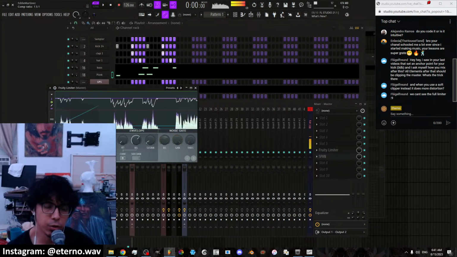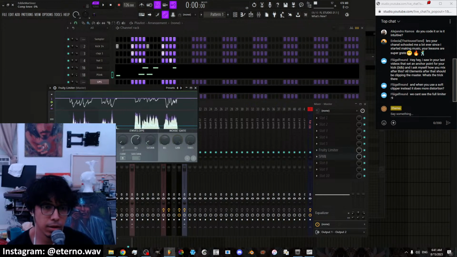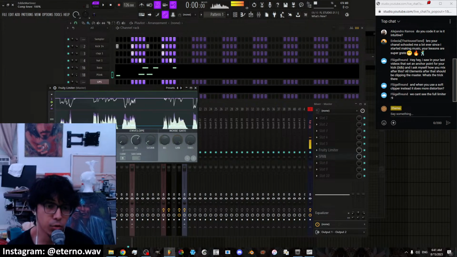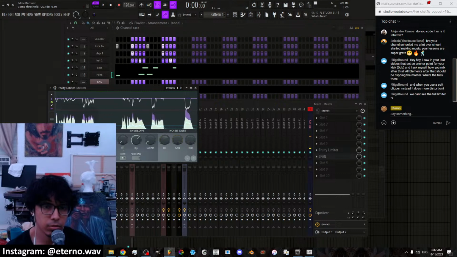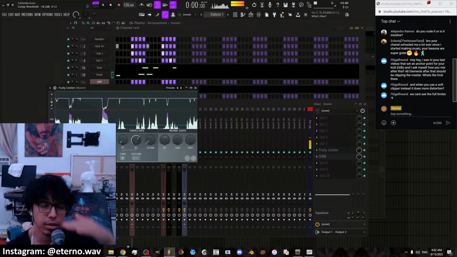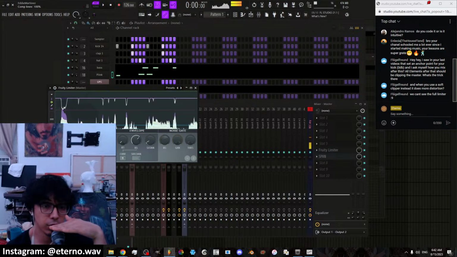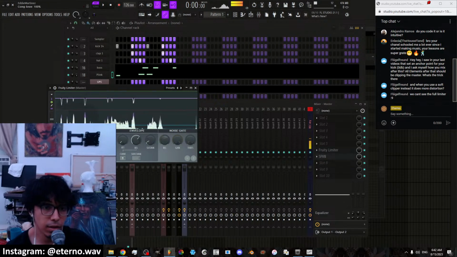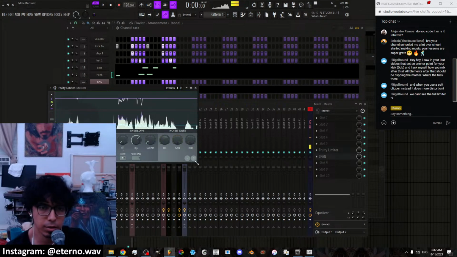Now, if I turn the ratio all the way up and I turn my knee all the way up, now it's like hard clipping because the knee is just flat. It's just straight. The knee is this blue line right here that you see. Let me expand this